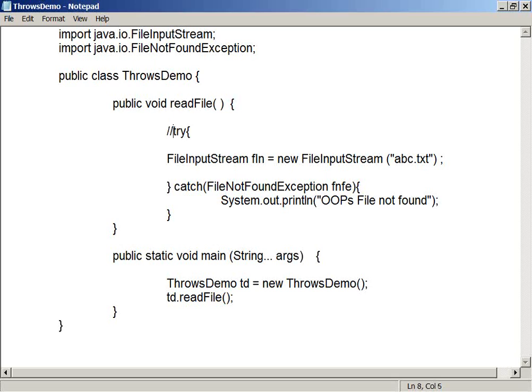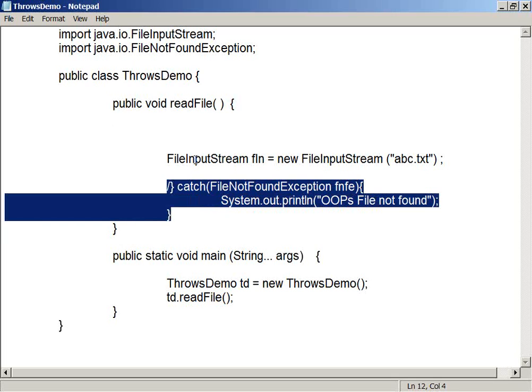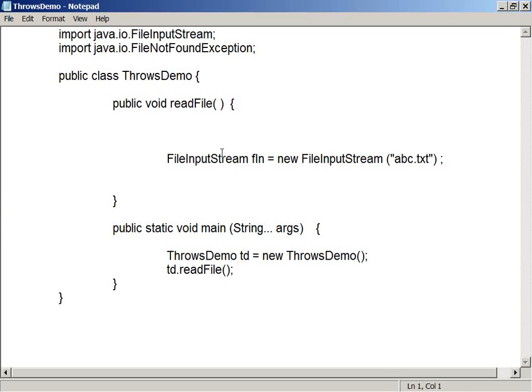Let me comment these statements. Everybody says okay. I am trying to comment out these try and catches, or let me remove them so that you can easily understand. So what is the compiler doing here?